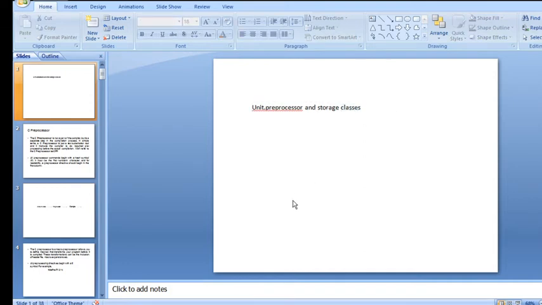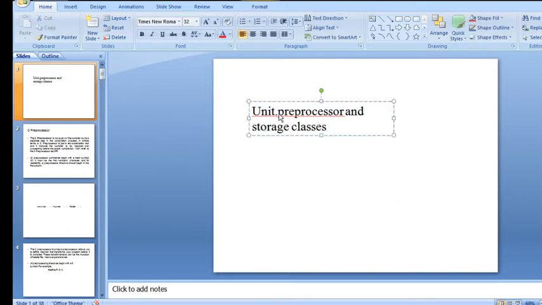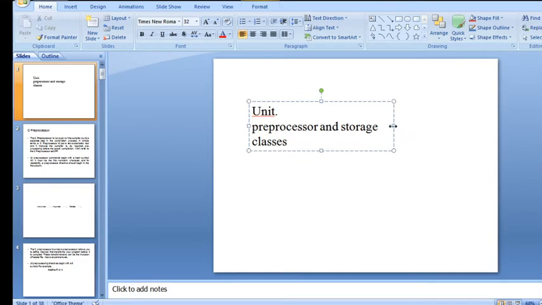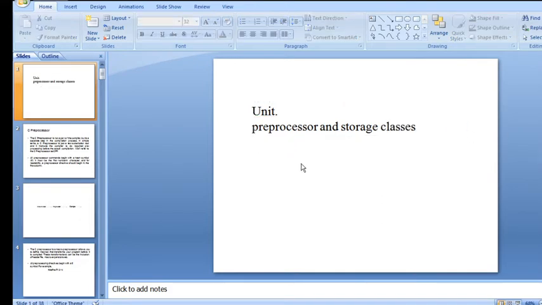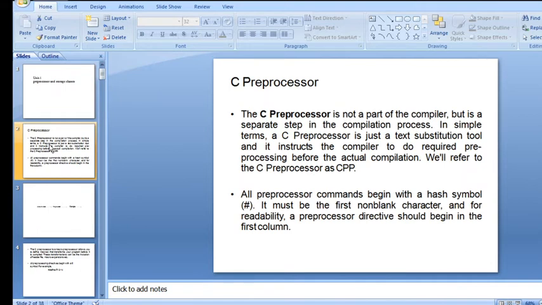And let's start with the first unit. Preprocessor and storage, unit number 1. Preprocessors and storage classes. The preprocessor